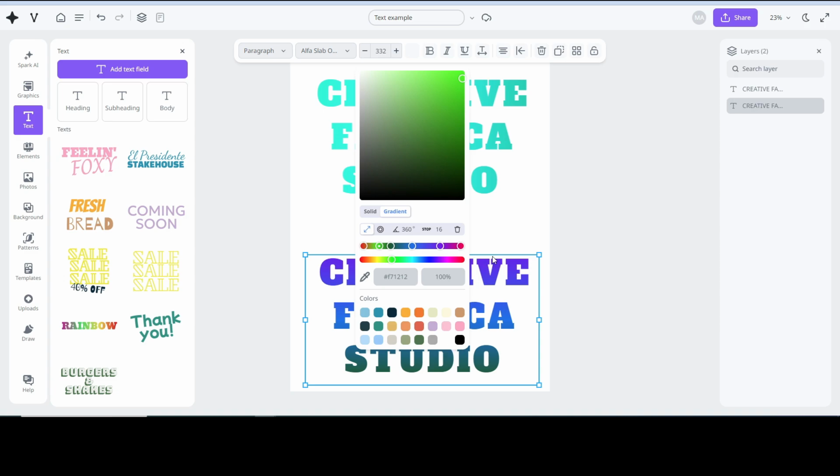And now look what happens if I click. So this would be a linear gradient. Look what happens when I click on the circular. It's emerging from the center to the outside. I'm going to click on this one, and you see now my letters have turned black. And if I click back to linear, you see now